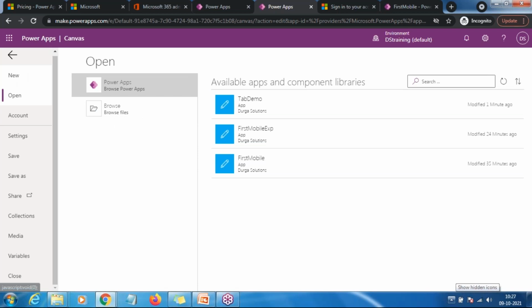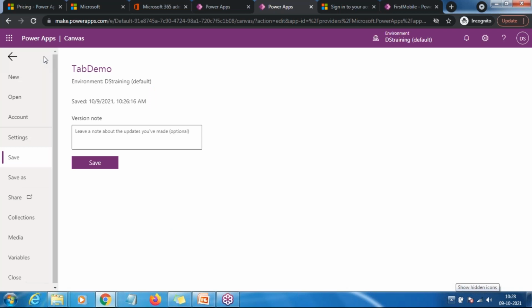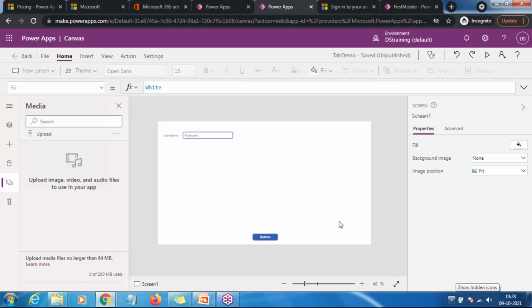From here you can create your new application. So these are all the features which are available in the left navigation, the File left navigation. So this is all about File, and this is Home. So these features, if we observe, these all features are coming from